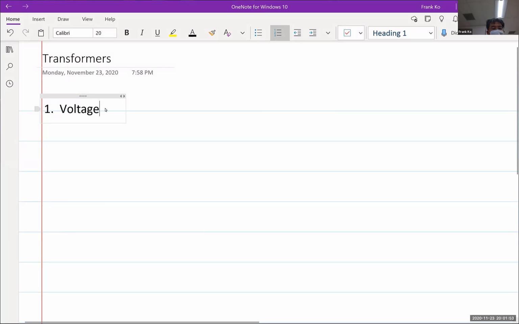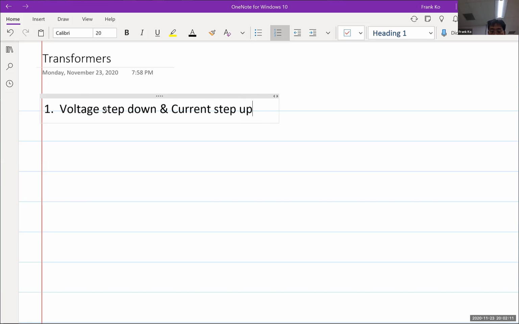All right, we're going to talk about transformers. For transformers, there are several flavors. One flavor is voltage step down and current step up. And this particular type is most typical. Then we also have voltage step up